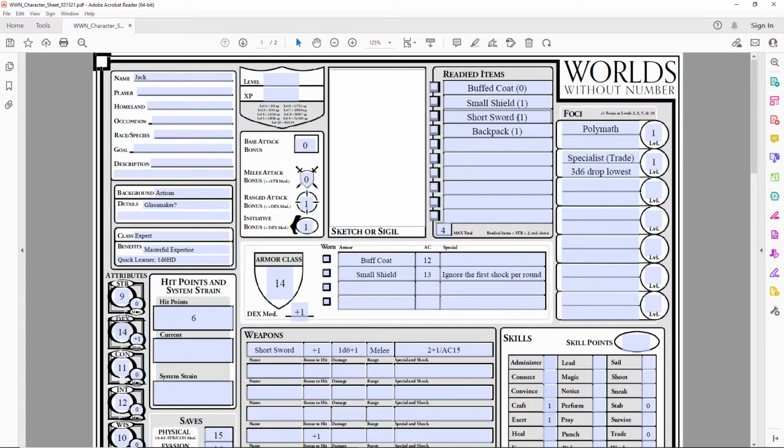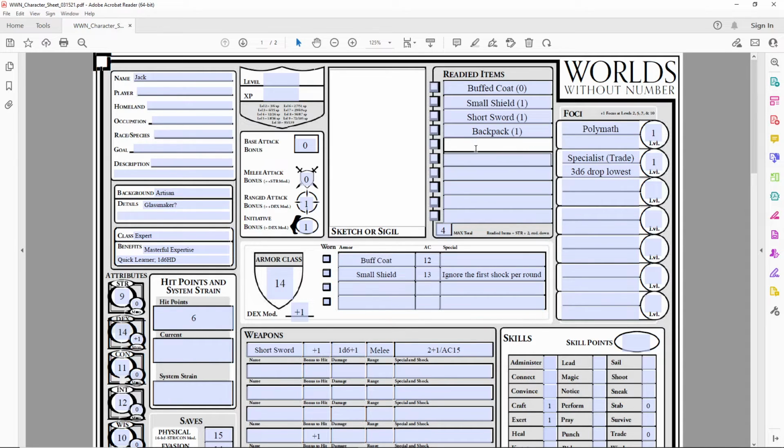And when I look at the rest of the items that come with the Gentry Wayfarer equipment package, there's nothing else I want to add there. So we're using 3 of our 4 readied items. This means that any of these items, they're just on our person. It's not an extra action to draw our sword or to put our small shield on our forearm or whatever. Like, these are available to us,